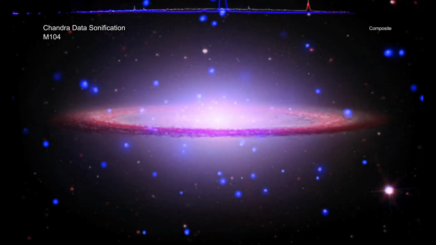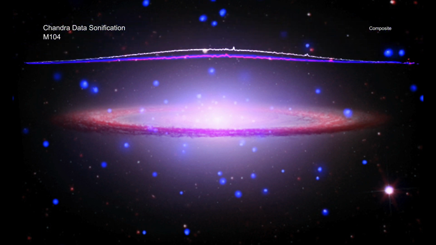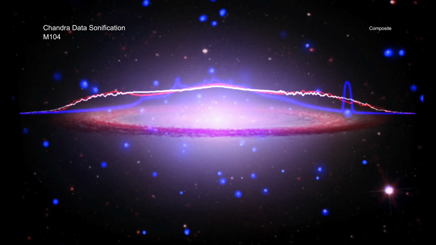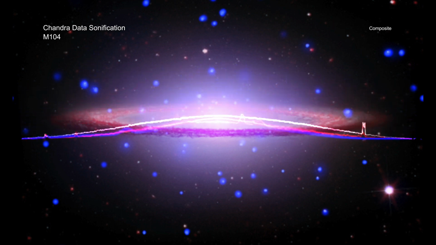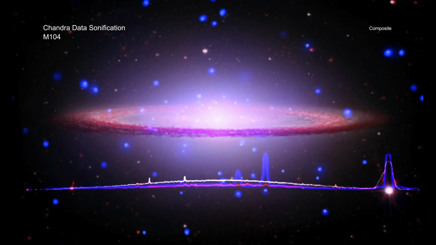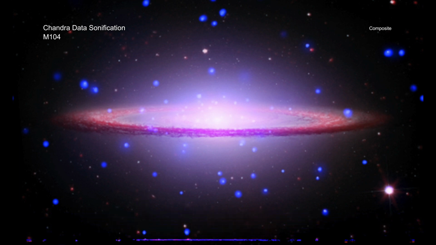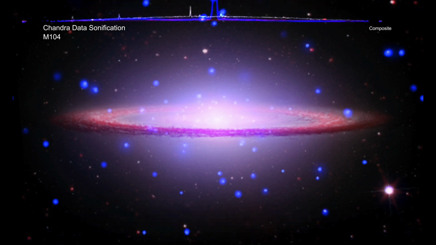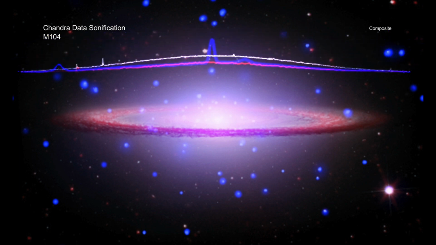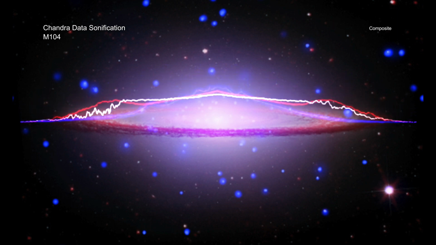The third sonification in this new batch is Messier 104, or M104 for short, one of the largest galaxies in the nearby Virgo cluster. As we view it from Earth, the galaxy is angled nearly edge-on. This allows us a view of the spiral galaxy's bright core and spiral arms wrapped around it. In sonifying Chandra, Spitzer, and Hubble data of M104, we begin at the top and scan toward the bottom of